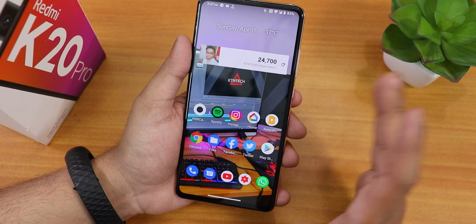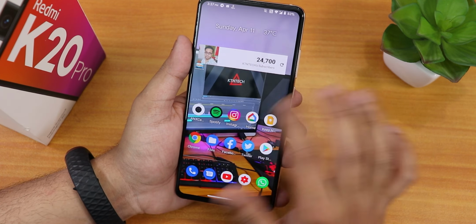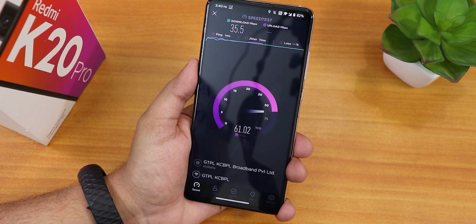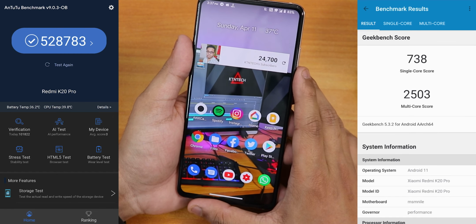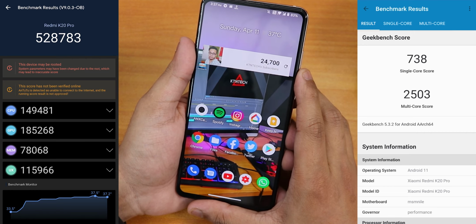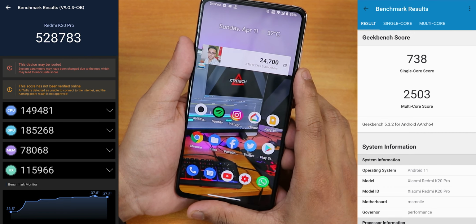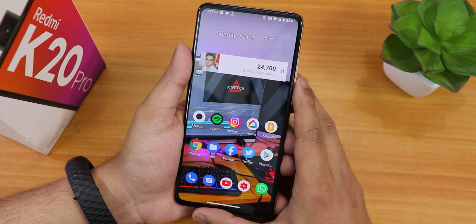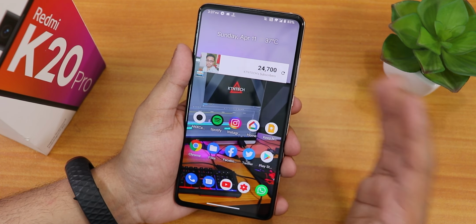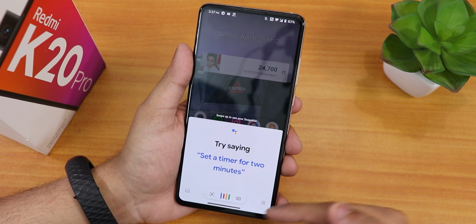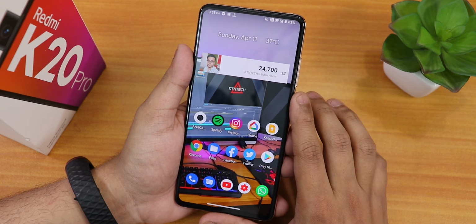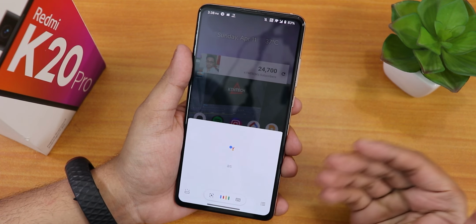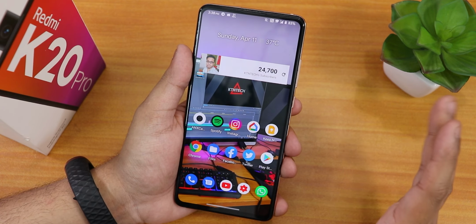And talking about the performance, I would say you get amazing performance over here while daily driving on this ROM, and gaming performance should be great too, no issues with that. Talking about the benchmarks, here are the Android Geekbench scores, and you can see the performance over here is amazing through those benchmark scores. Talking about Google Assistant, yes, the Google Assistant is working fine, but it is not the newer Google Assistant. As you're noticing, this is the old kind of Google Assistant, I guess. But if you say, hey Google, the voice trigger works super fine, no issues with that.